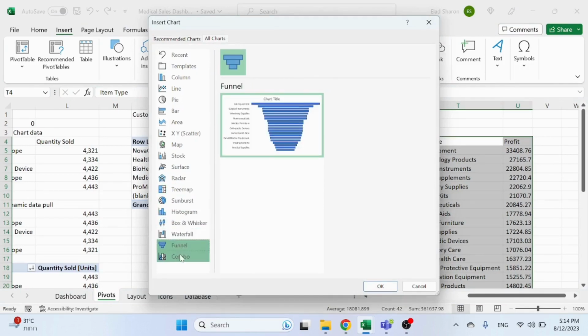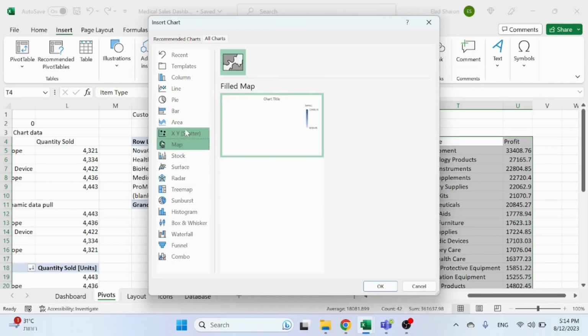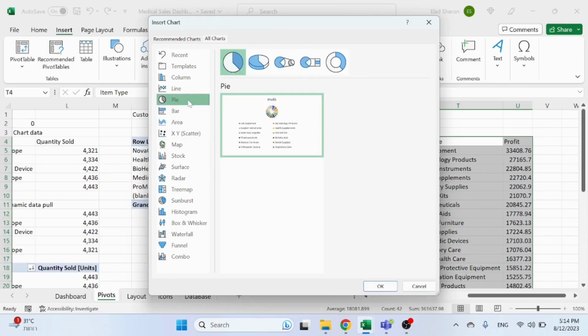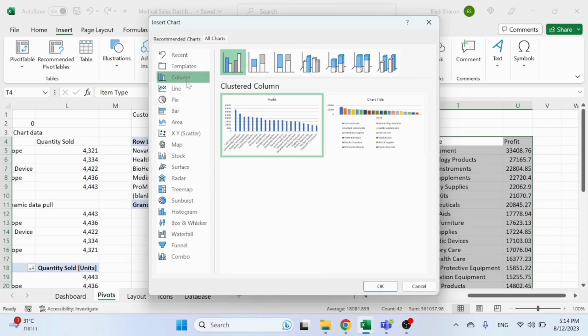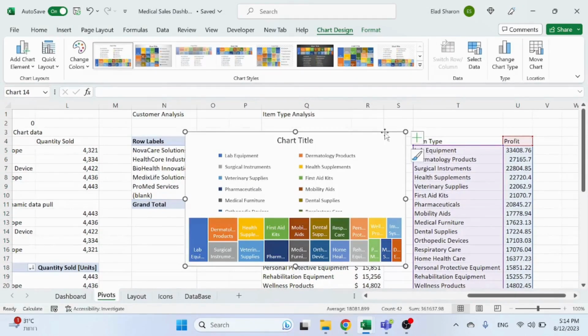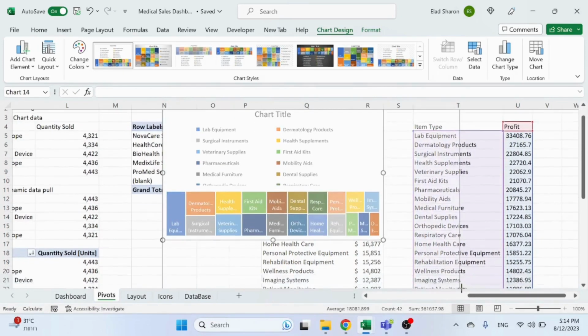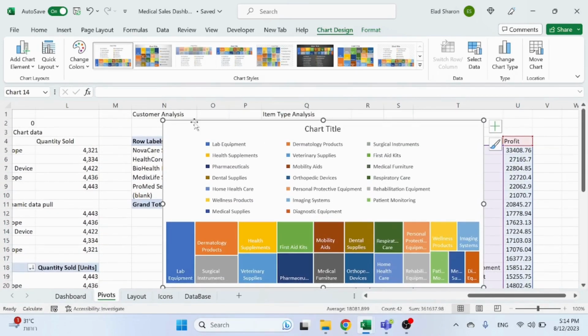Sometimes look at other charts, try to see if something looks, map doesn't mean anything. Well, we could always go back to the good old columns. So we could just do it this way, and